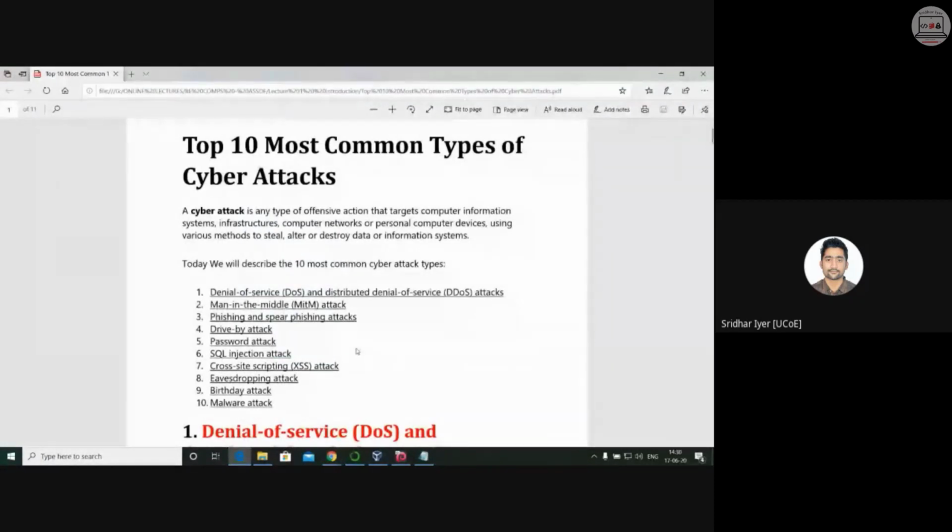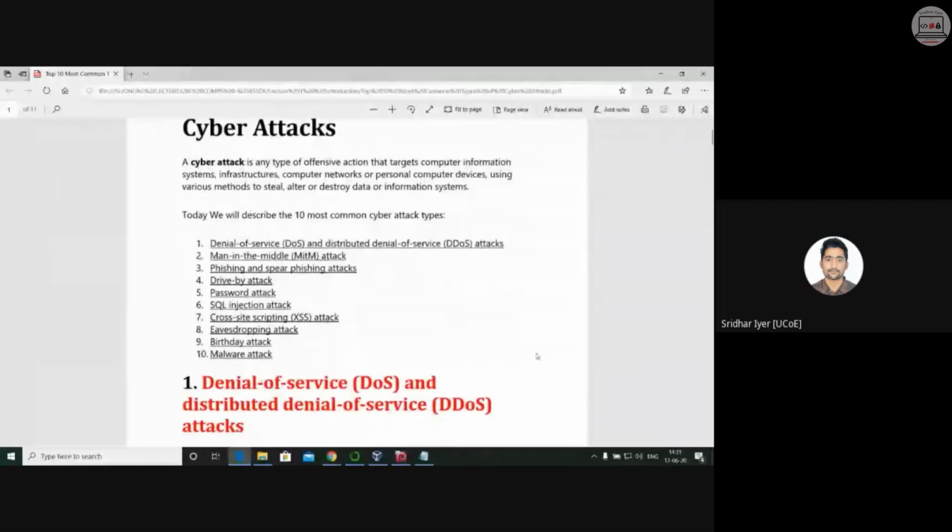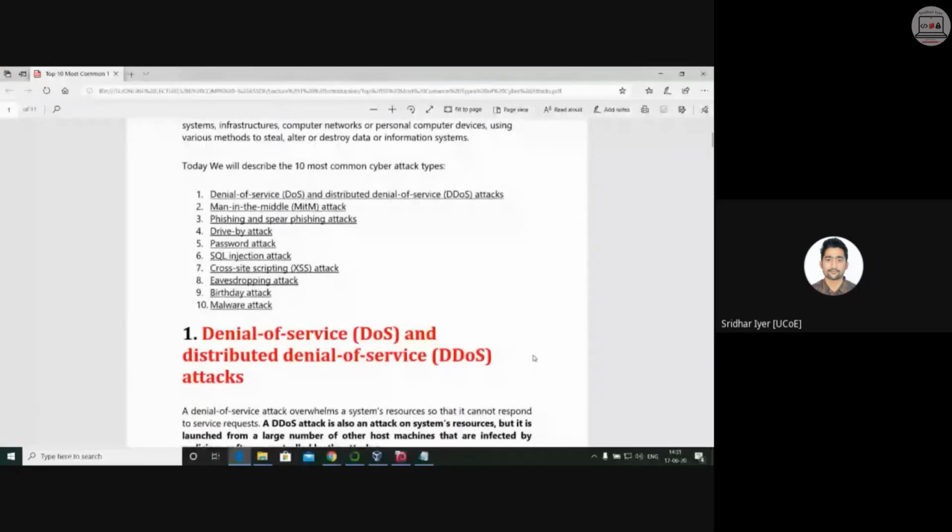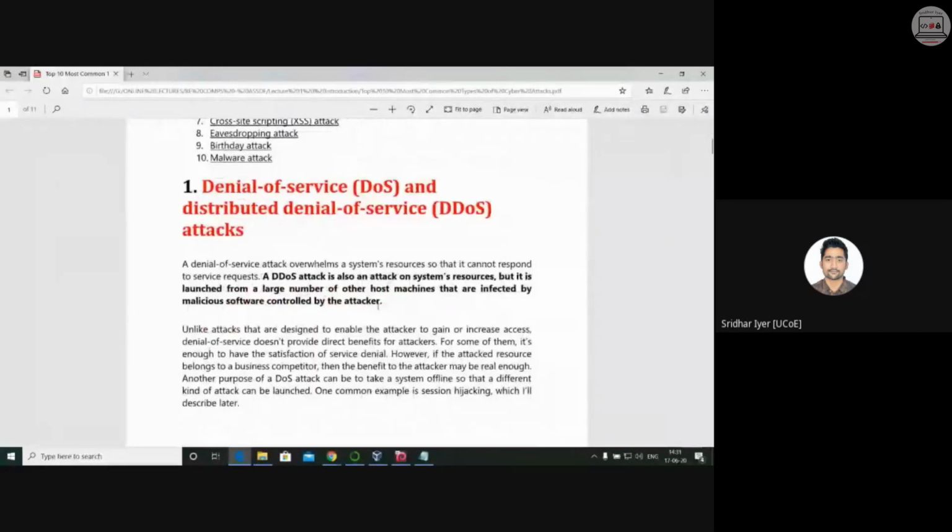The very first topic for today, or the first chapter, cyber attacks. I'm not going to go into a lot of details of what exactly is cyber crime or what exactly is a cyber attack. In this lecture, I'm just going to give you the highlights of the various attacks that are termed as the most dangerous kind of attacks that happen in real time even now. Okay, so the very first is denial of service attack. You might have heard it. You have done it also. This was the question I was trying to ask you previously.